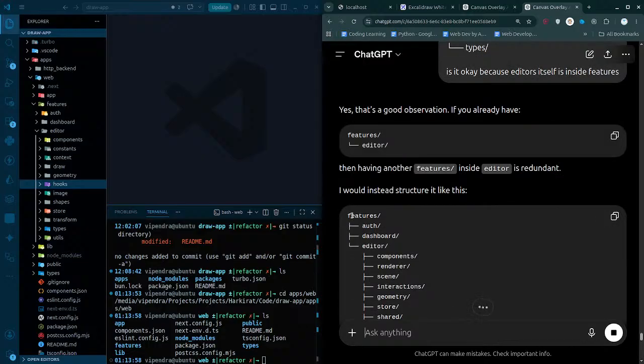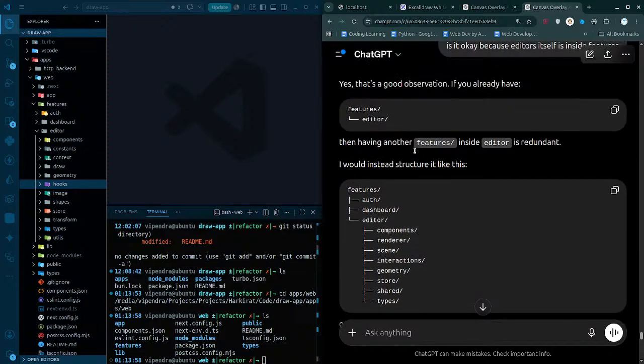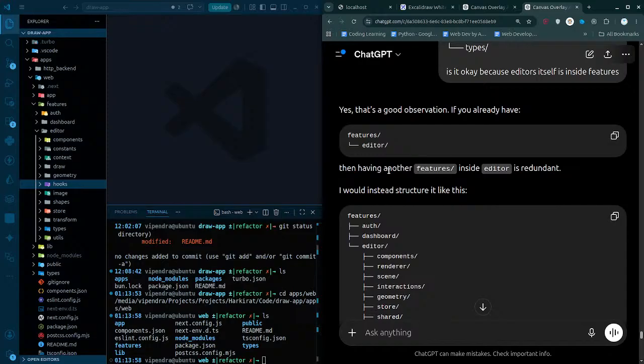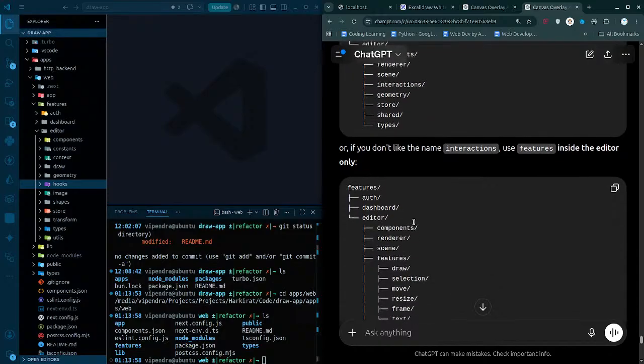So features editors, and then here, if you don't like the interactions or use features inside it, having another feature inside it is redundant, so I would instead structure it like this. So we'll have the editor, then here I'll have interactions, and